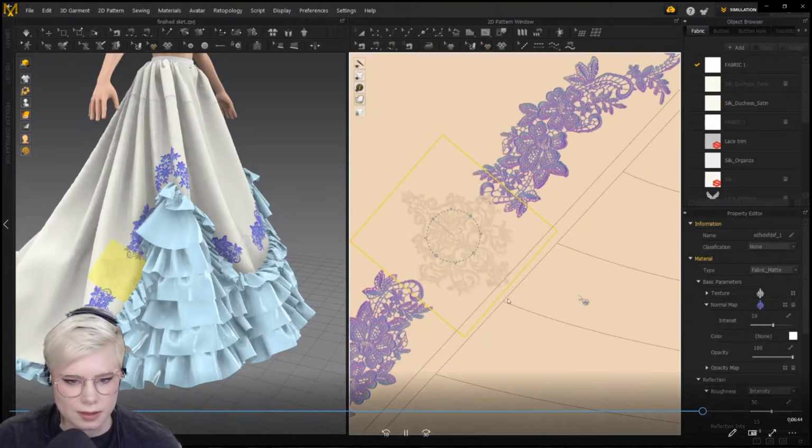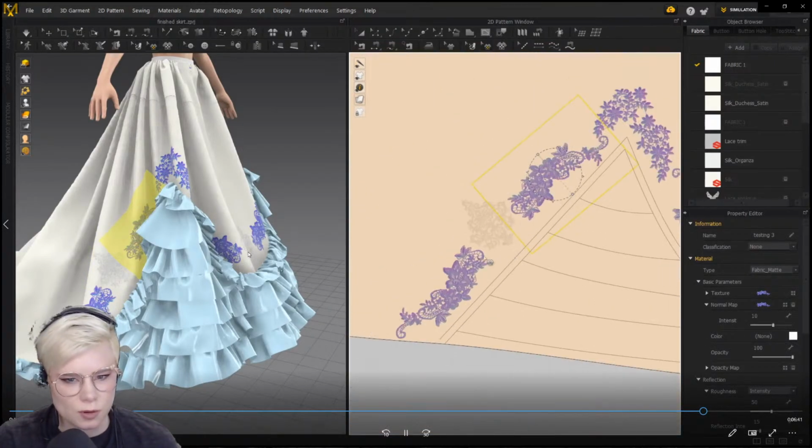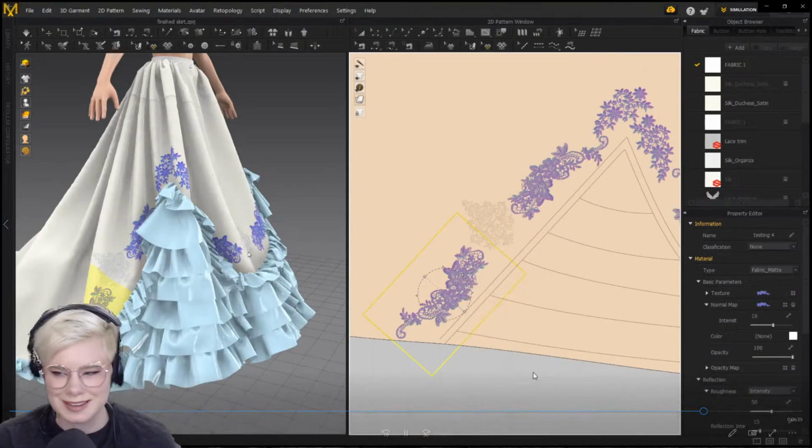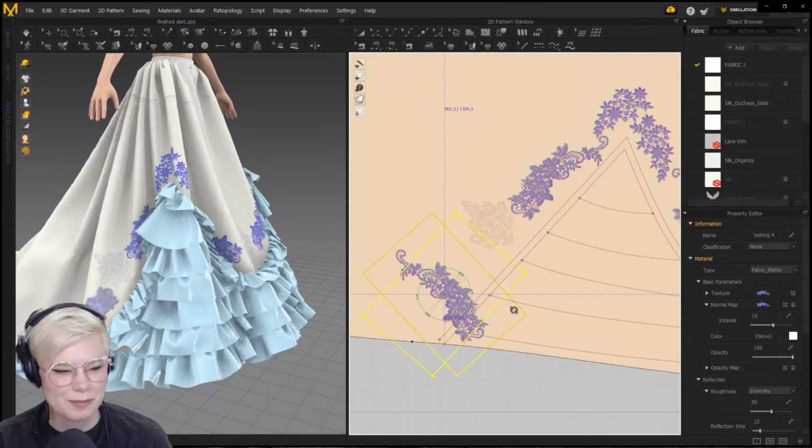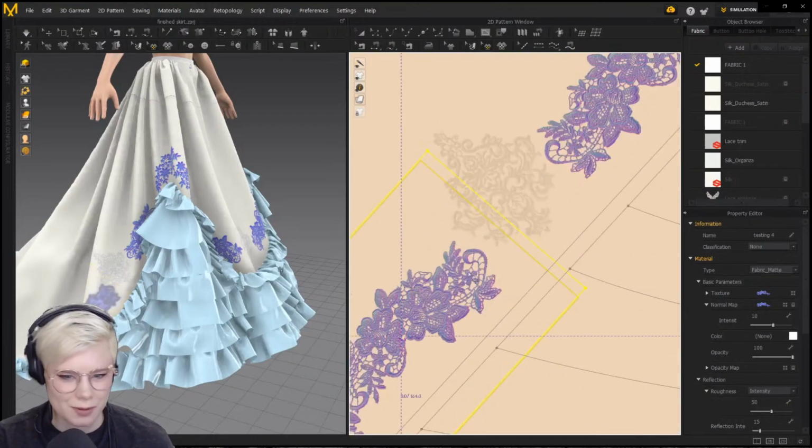And here again, I'm just placing it. So this is just me placing it for a while, trying to make it look pretty. This is the easy stuff. I just get to make it look pretty and place the embroidery everywhere. This isn't the